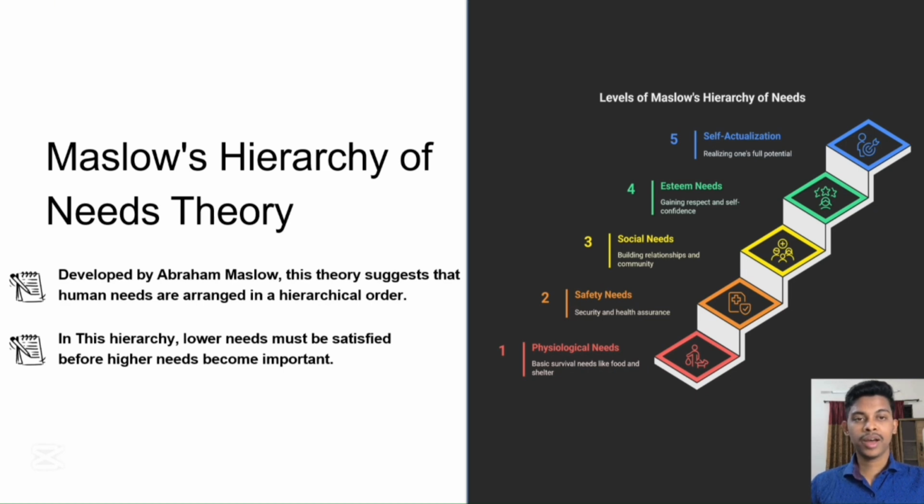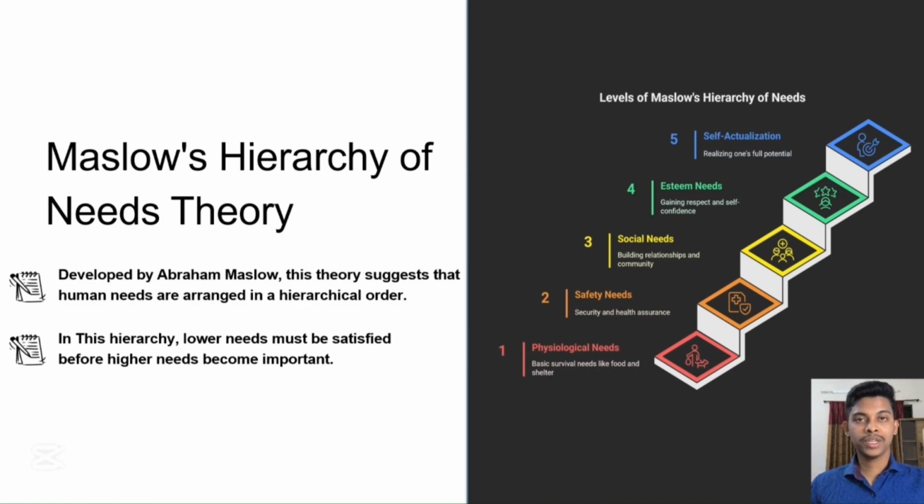Let's say for Sarah, a college student, ensuring she has food, water, enough rest to stay healthy will be her physiological needs. Her working part-time to cover tuition and rent, ensuring financial stability will be fulfilling the safety needs. Her social needs will be joining a study group and making friends to feel a sense of belongingness. Working hard, earning good grades and receiving recognition from teachers will be the esteem needs. And after graduation, pursuing her dream career, feeling fulfilled and accomplished will be the self-actualization needs.